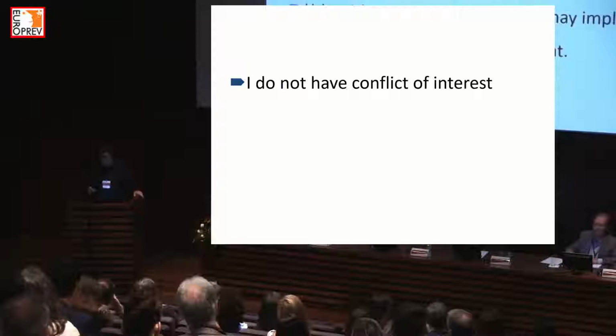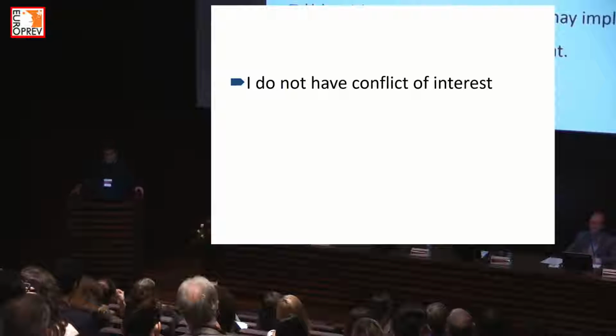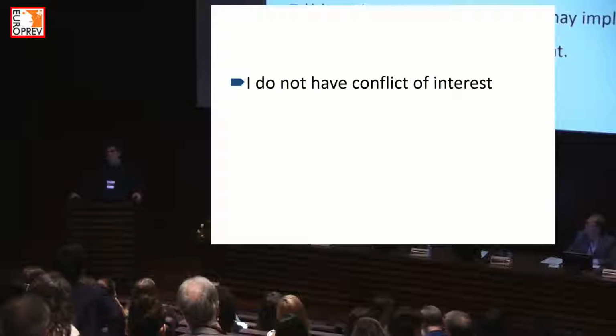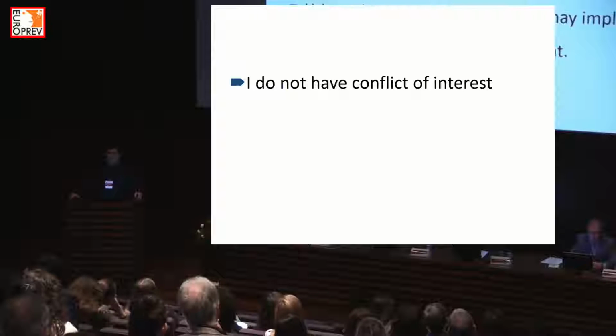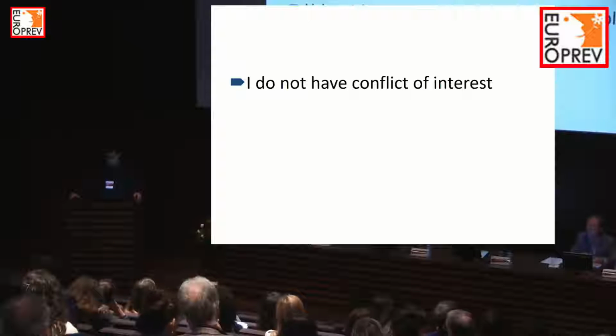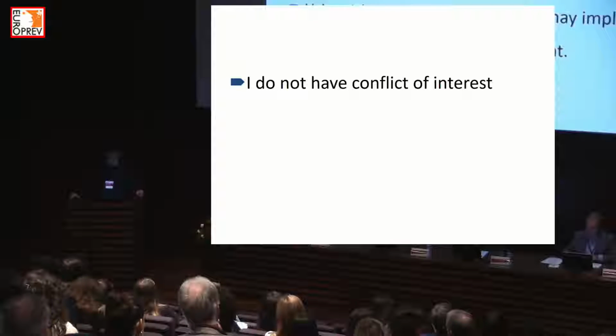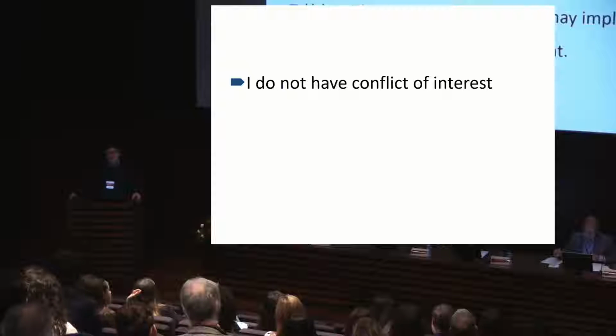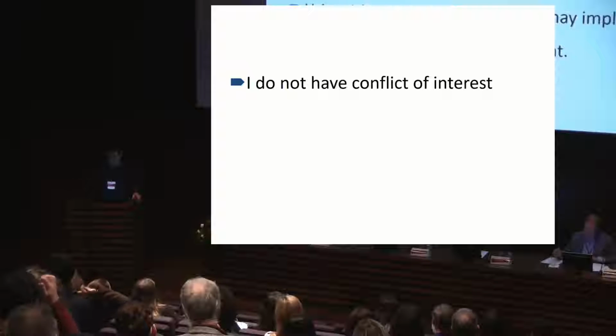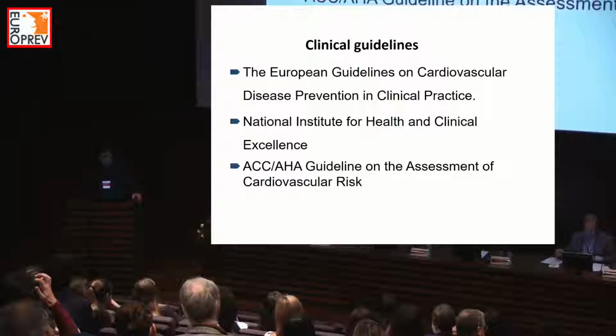Well, you all know that cardiovascular risk scores are widely used for making decisions in primary prevention of cardiovascular diseases, and often through recommendations of clinical guidelines. And using cardiovascular risk scores as decision tools may imply changes in patients' healthcare management, specifically in treatment with lipid-lowering drugs and sometimes with antihypertensives as well.